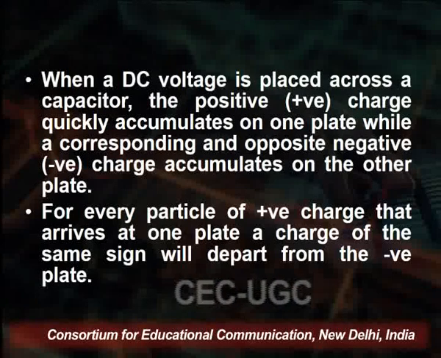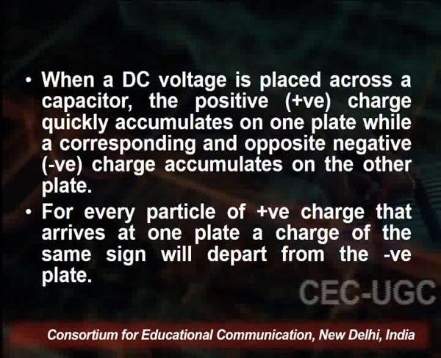Means the number of positives must be on one side and the number of negatives on the other side. Now the plates remain charge neutral, and a potential difference due to this charge is established between the two plates. Because of this, a potential difference develops between these two plates. When the capacitor reaches its steady state condition, an electrical current is unable to flow through the capacitor itself and